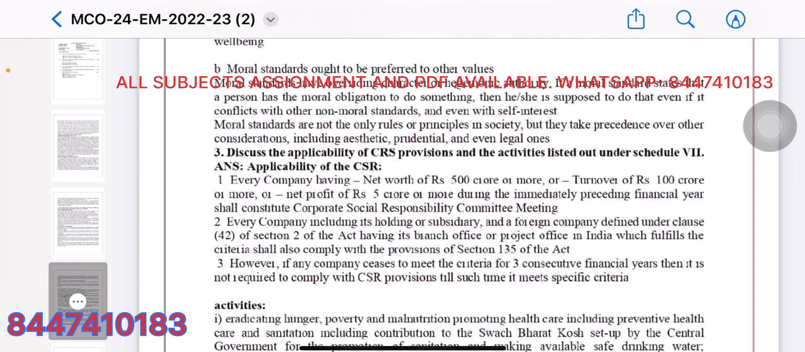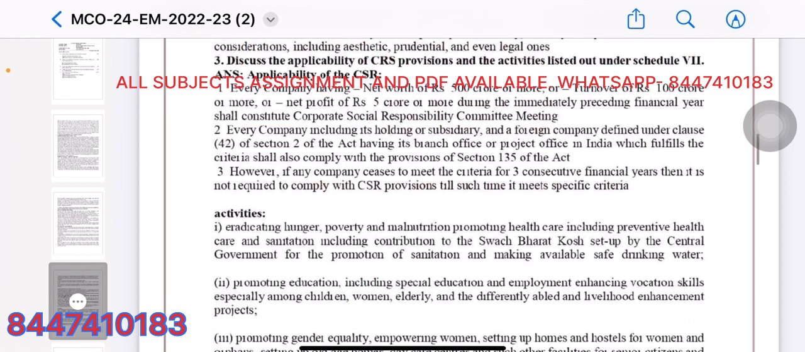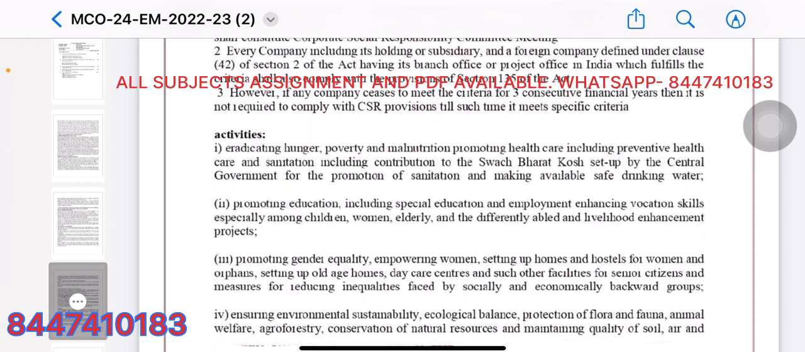However, if any company ceases to meet the criteria for 3 consecutive financial years, then it is not required to comply with CSR provisions till such time it meets the specified criteria. Activities in eradicating hunger, poverty, and malnutrition, promoting health care, including preventive healthcare and sanitation, including contribution to the Swachh Bharat Kosh set up by the central government for the promotion of sanitation and making available safe drinking water, promoting education including special education and employment, enhancing vocation skills especially among children,